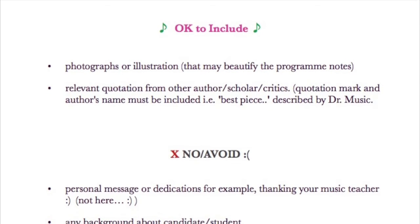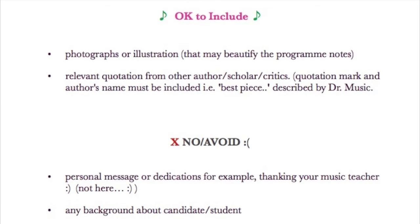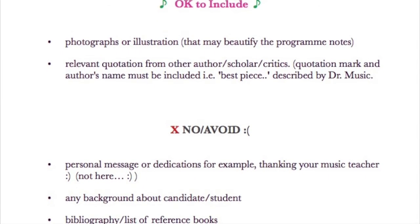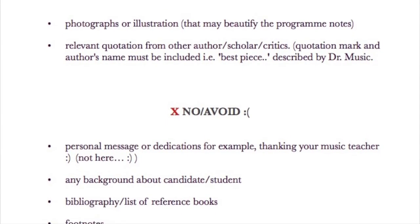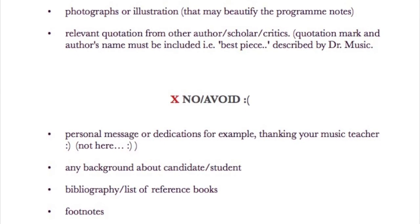Music. Please avoid and try not to include things like a personal message or a dedication, for example, thanking your music teacher in your program notes. We don't do all this in program notes. You may thank your teacher in